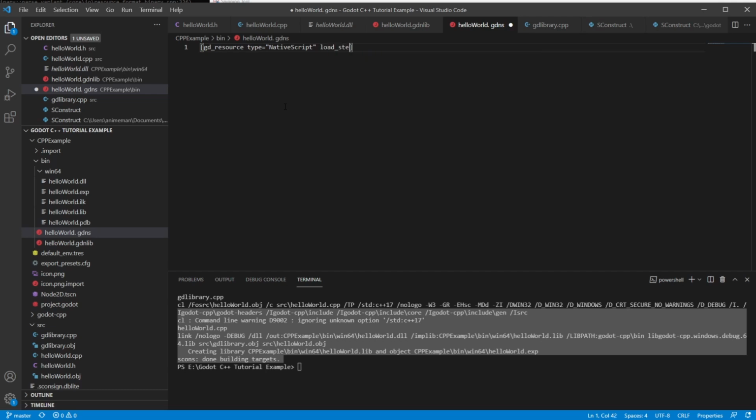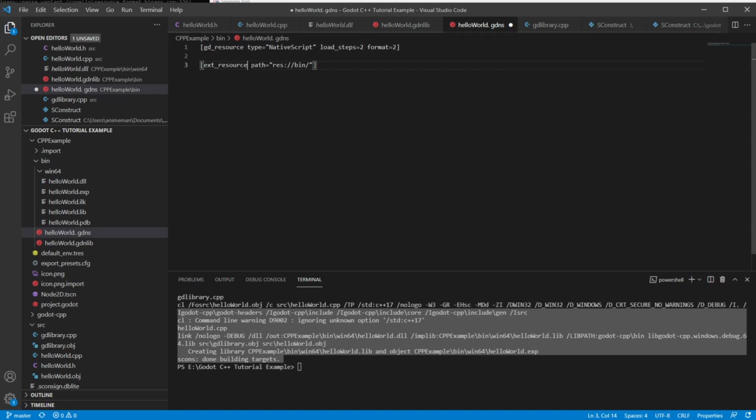Load underscore steps is equal to 2. Format is equal to 2 as well. And then we're going to say ext underscore resource path is equal to res colon slash bin slash where our